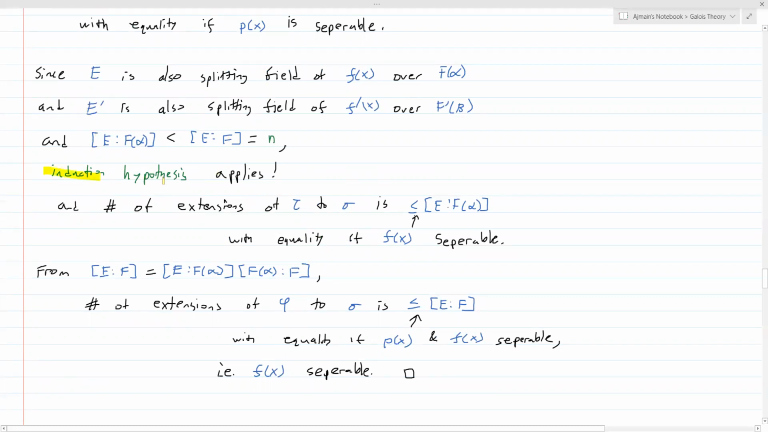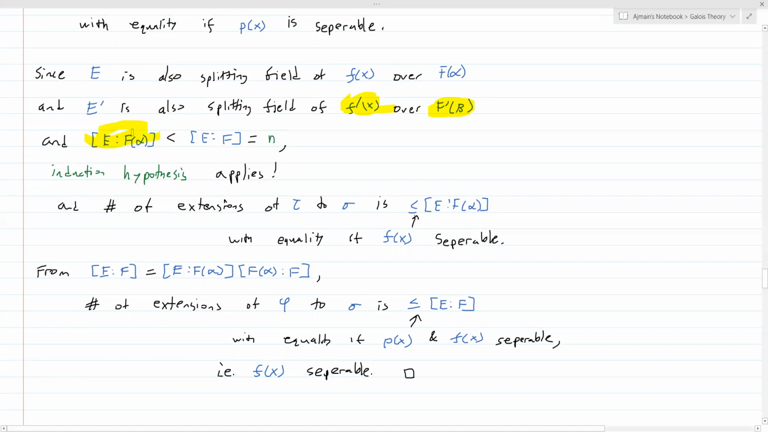So how are we applying the induction hypothesis? So we're using this thing. Since E is also a splitting field of f of x over F adjoint alpha, right? E is a splitting field of f of x over F, but F adjoint alpha contains F. So this polynomial also has coefficients in F adjoint alpha. And E has all of the roots of this guy, so it has all of the roots of this guy over this coefficient field as well. So since E is a splitting field of f of x over F adjoint alpha, and E prime is also the splitting field of f prime of x over F prime adjoint beta,